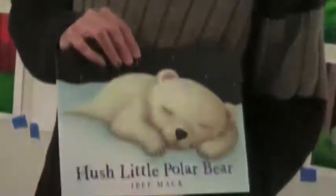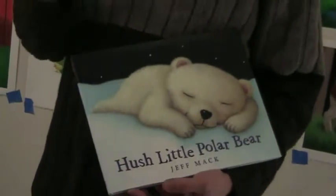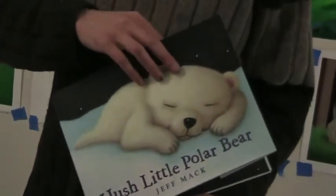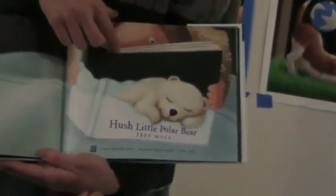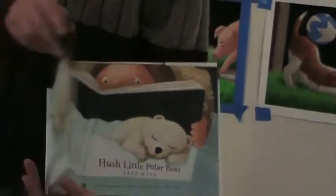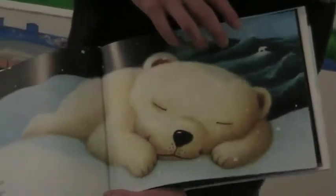And we did it as Hush Little Polar Bear, and it stayed as a rhyme, and the characters still have dot eyes. And the only thing that changed about it from the original sketches was he thought that there needed to be like a human character in here. So I added this girl, and she's sort of reading this book, right? And it's the same book that you would be reading, right? So then anyway, at the end of the book...